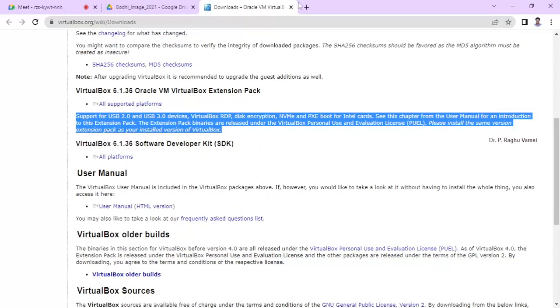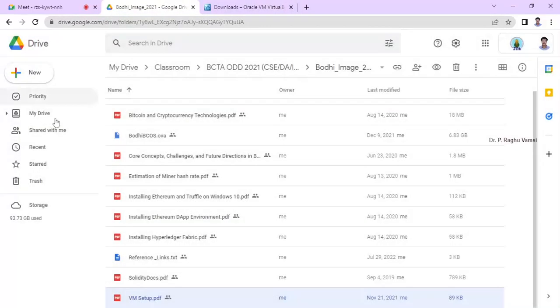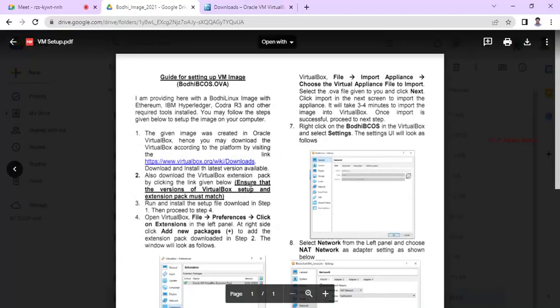Once you do this, the next step is to download the OVA file that I have given. So this is what we call the OVA file that I have provided you. So download this OVA file. Once you download the OVA file,